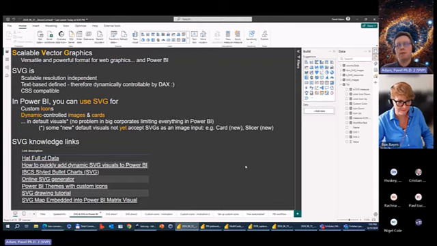So the key parts. SVG is scalable, resolution independent. It's text defined, so it can be controlled by DAX, dynamically responsive to your Power BI report, because we are talking about Power BI indeed. And it's CSS compatible, but that's something for IT geeks, so let's leave it as it is. In Power BI, you can use SVGs for tons of things. I'm gonna talk about custom icons. I would start with a little introduction into dynamic control images and cards